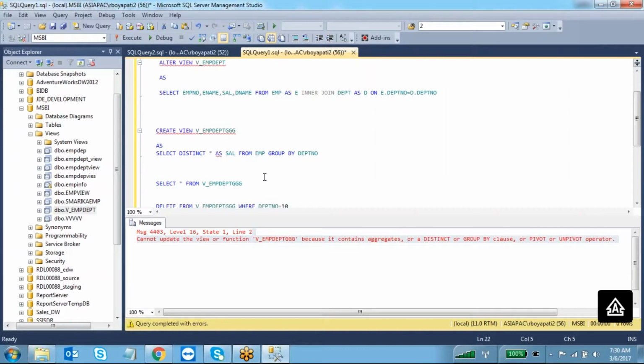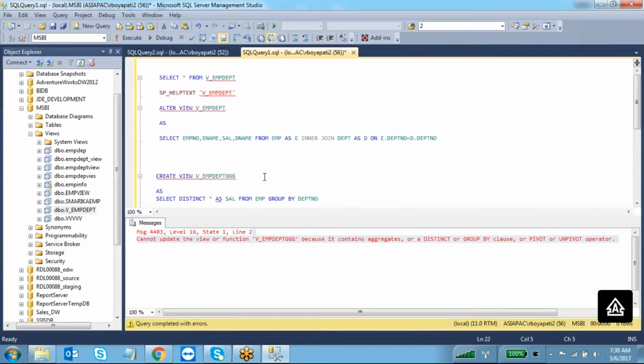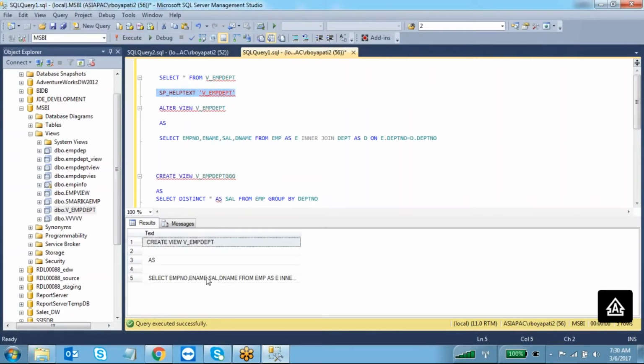Okay, right. So every time whenever someone is trying to see the code I am using inside this view, I don't want to allow people to see the create script of this view, sp underscore helptext v underscore emp.